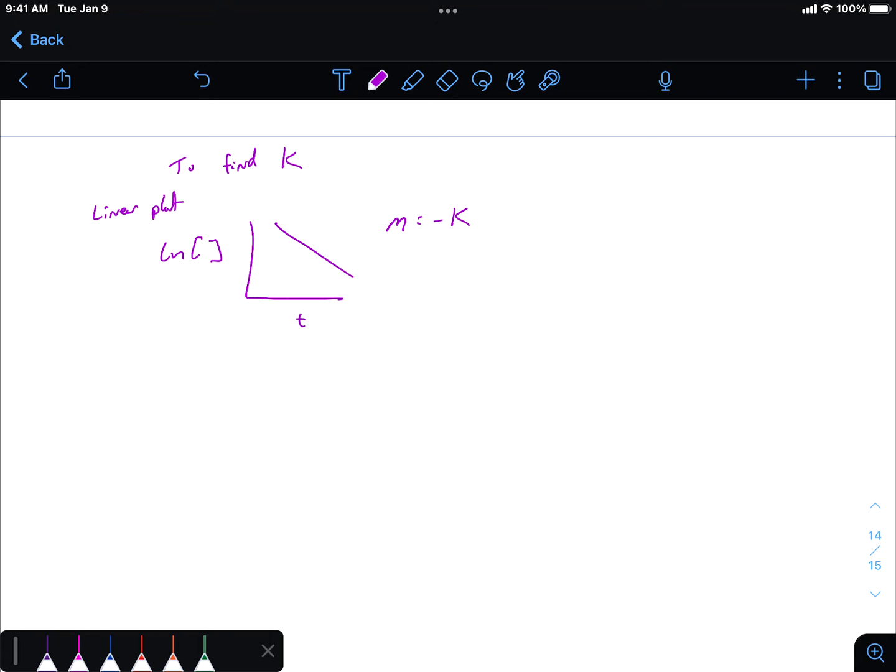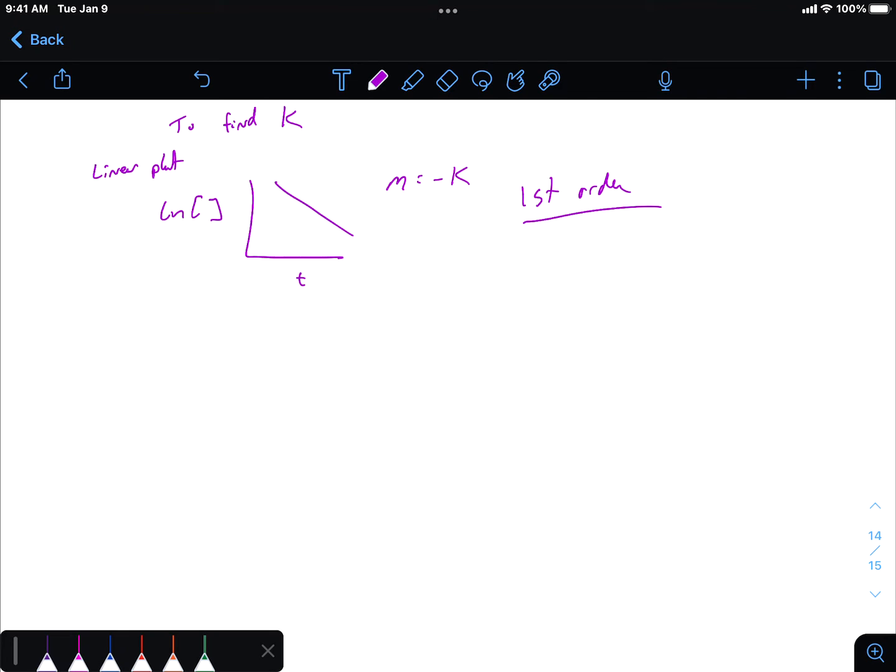So let's say you're starting with raw data, and you just have concentrations versus time. You need to plot it, and you need to figure out what the rate constant is, which means you need to find the linear plot. Now, this is for first order, right? Remember that if it's second order,